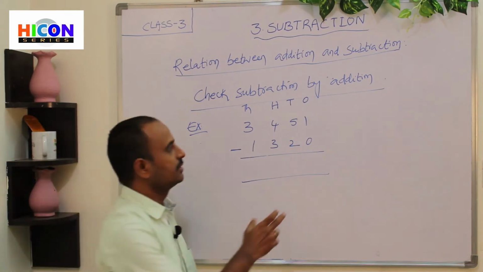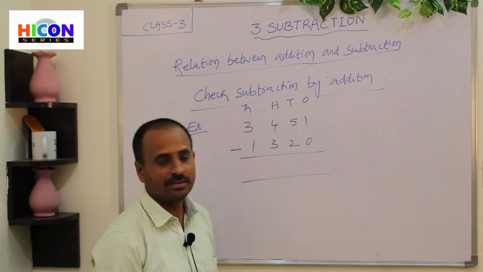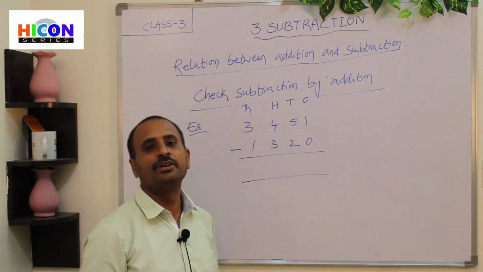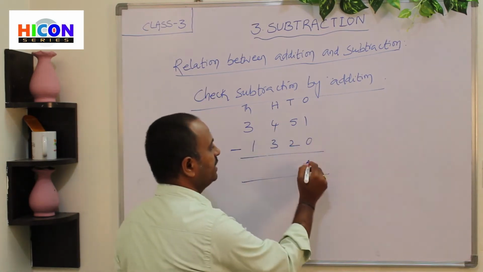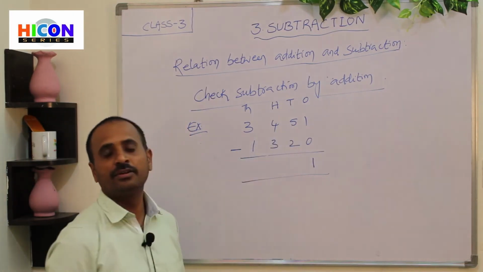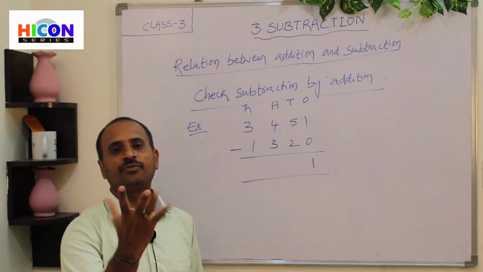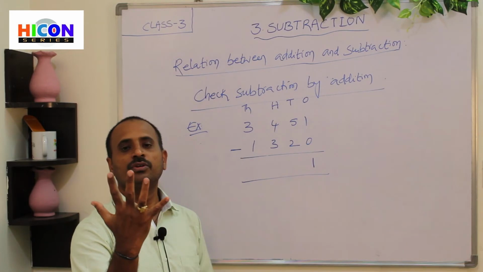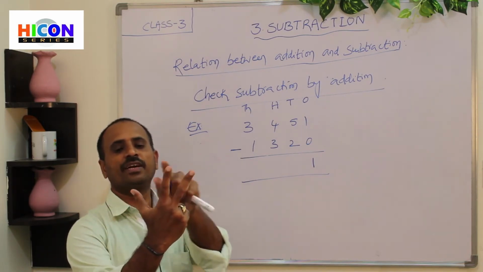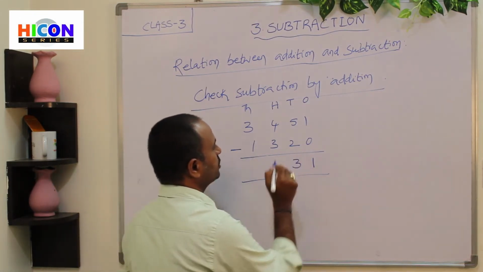Let us subtract first. Start subtracting from the ones place. Here 1 and 0 are present in the ones place. Subtract 0 from 1. If we subtract 0 from any number, we get the same number again, so the answer is 1. Now go to the tens place. 5 and 2 are present there. The first number is 5, so open 5 fingers of your hand: 1, 2, 3, 4, 5. The second number is 2, so close 2 fingers among these 5 fingers. How many fingers are there? 1, 2, 3. So 3 fingers are there. Write 3 under the tens place.